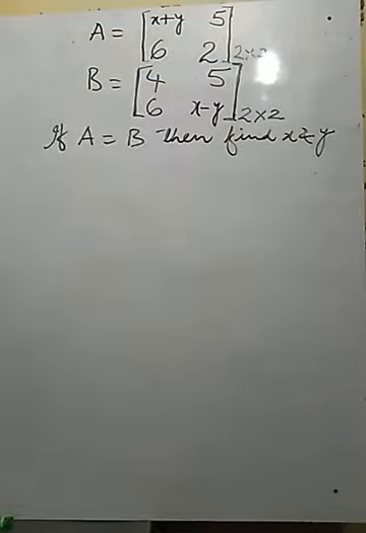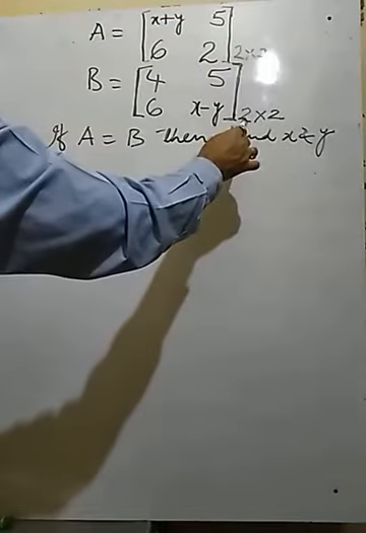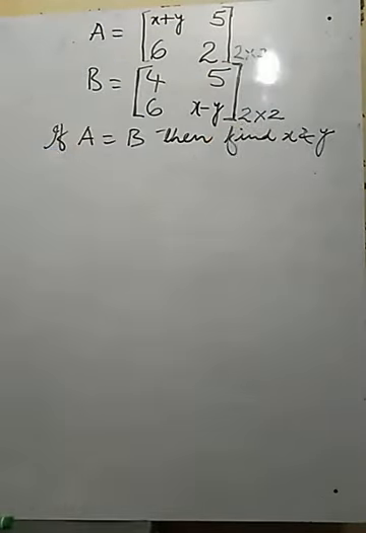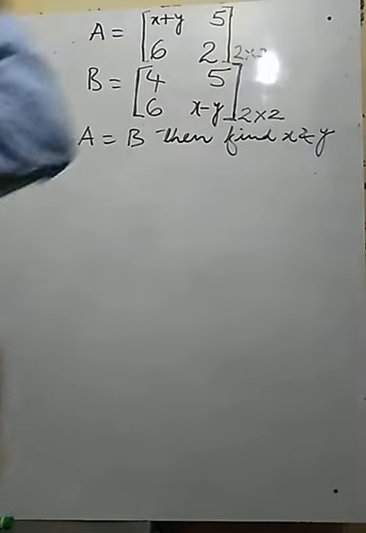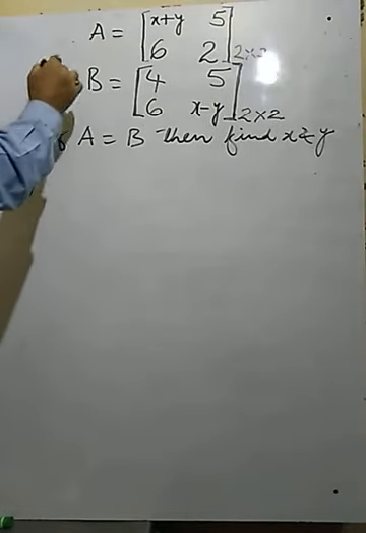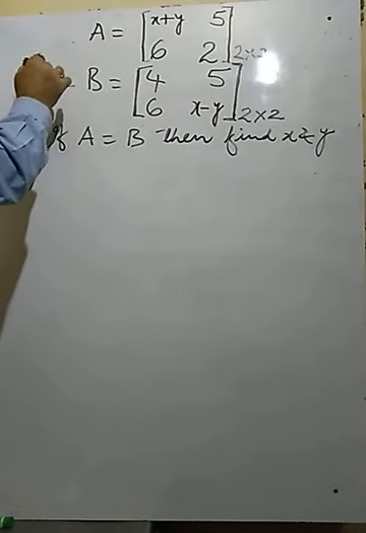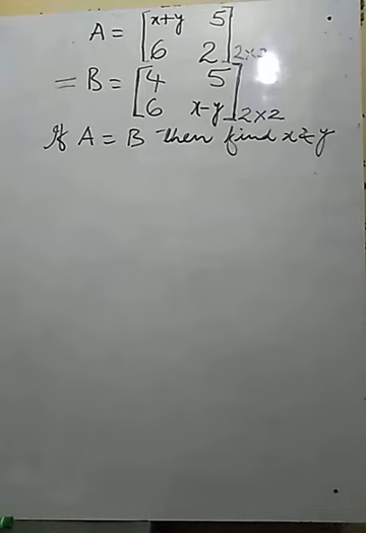So it is 2 by 2, so this is also 2 by 2. Another example may be 2 by 3, so this should also be 2 by 3. If this one is 3 by 2, this should also be 3 by 2. This is compulsory. This is the first criterion. Now see, this element and this are equal, this one and this one are equal, and in the condition it is given A is equal to B. If A equals B, then we have to find what the values of x and y are. It means their corresponding elements will also be equal.